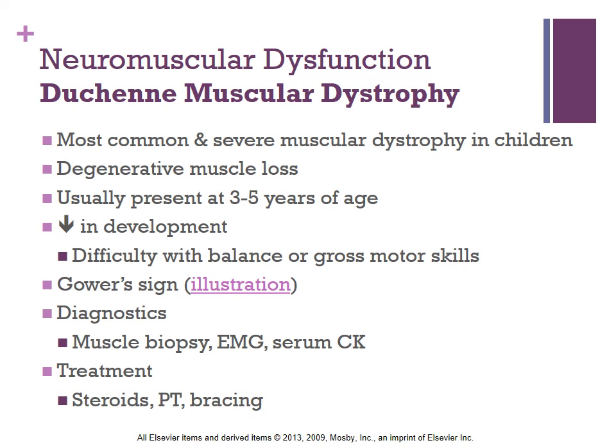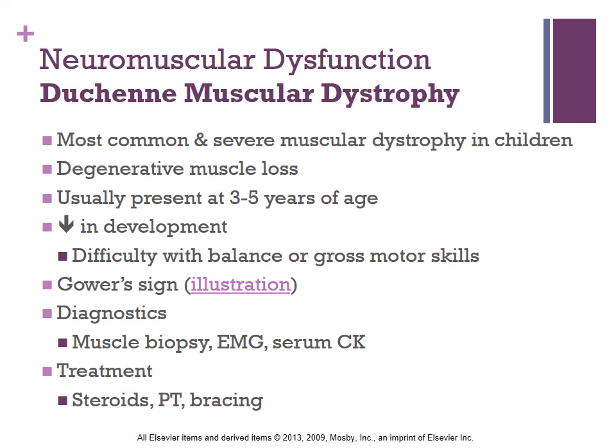So the son can either be unaffected or affected. Males won't be carriers. They'll either be affected or unaffected. If you're confused by that, let me know. But it's X linked. The son has to get the Y from the dad and the X from the mom. So their risk of actually getting this X linked disease is going to be much greater. I mean, they're the only ones that can be affected.